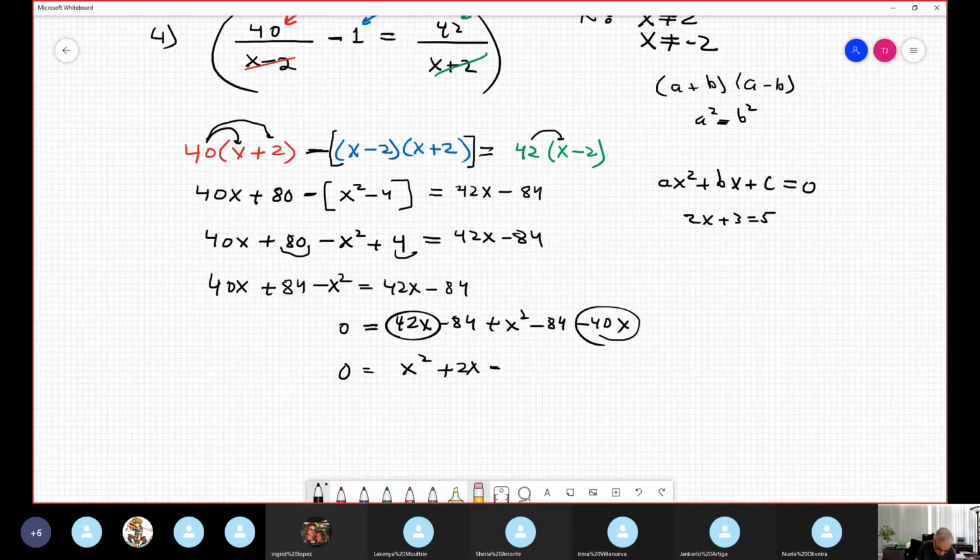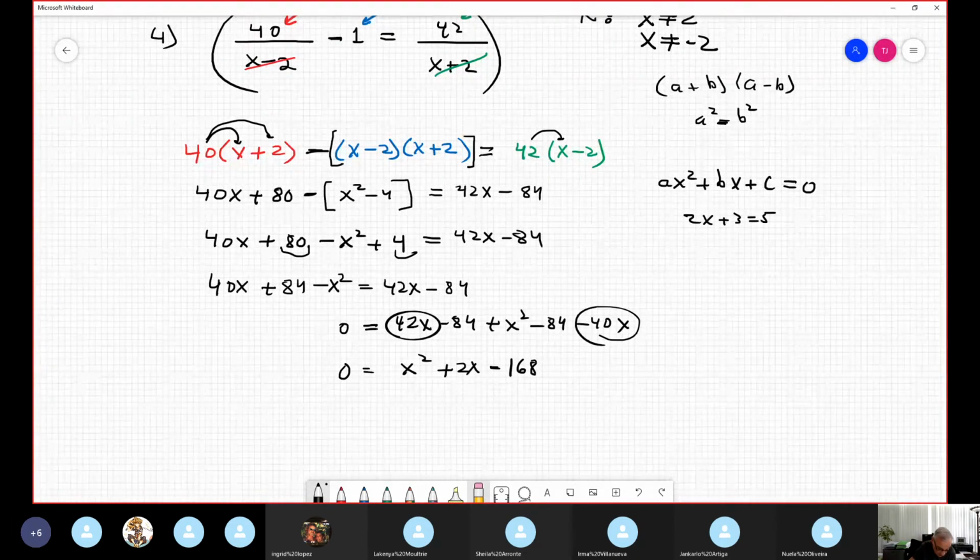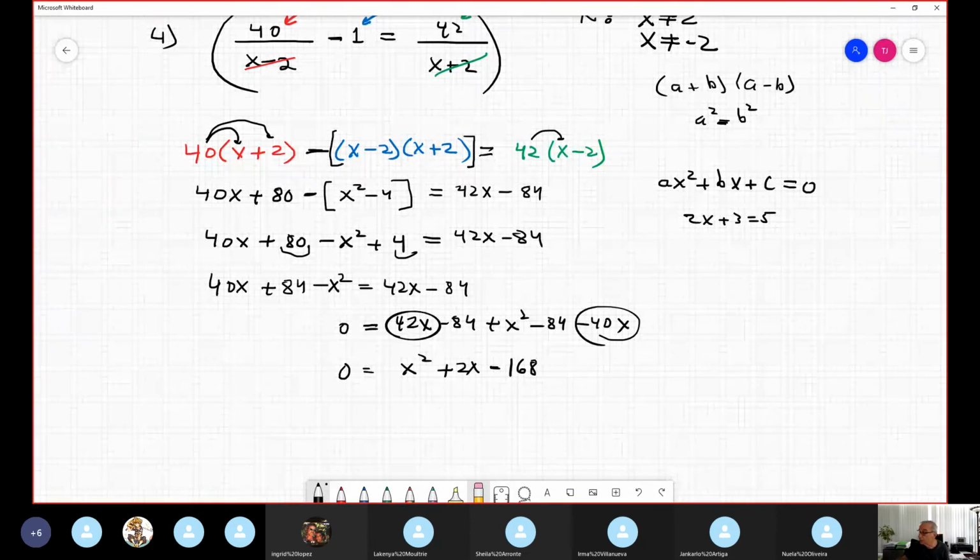84 times 2. Because it's 84 negative. It's 169. 68, sorry. Now, I don't know. So I need to do it by factorization, I suppose, no? Let me try to find the combination, because it's not easy. I put it in my calculator, no? Is x squared